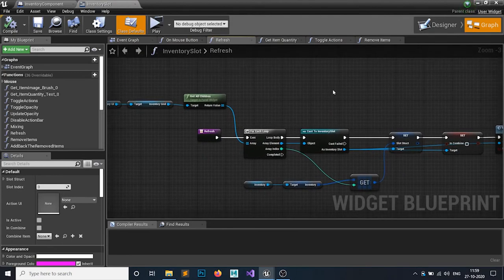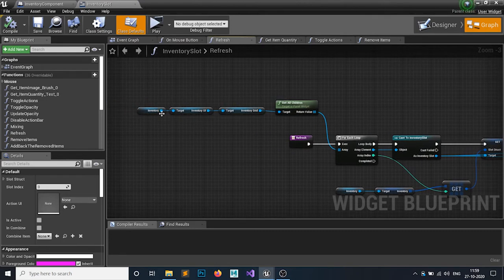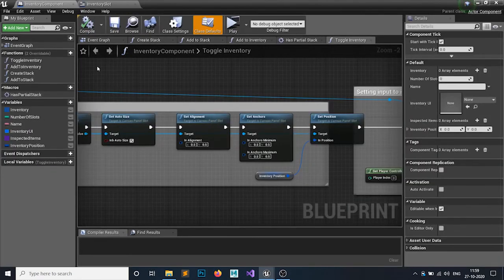It's not a buggy thing, but I think this is not the best way to do it in the slot, because every time you have to grab your component, set it to UI, then set it to grid, and then get all the children. It is not the best way. Rather than that, just make a function in the component and call it. That's the best way to do it inside your component.